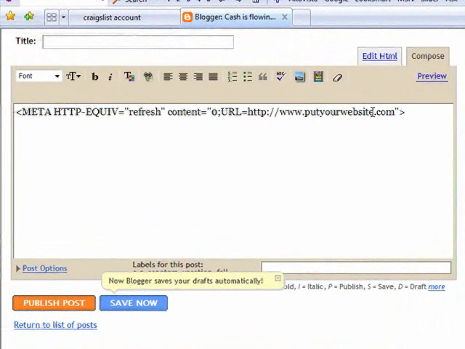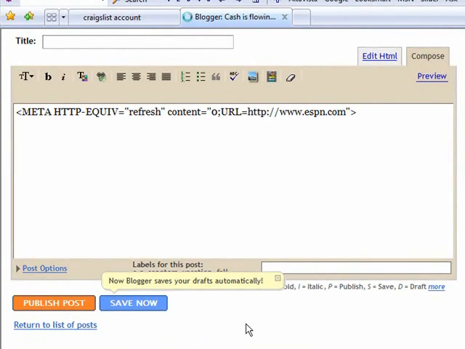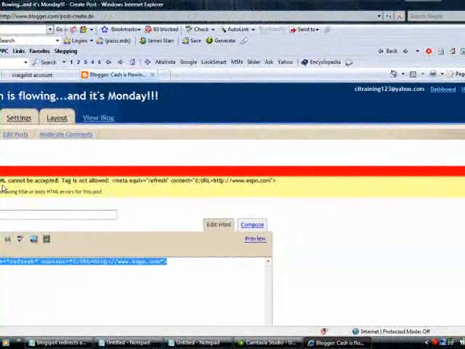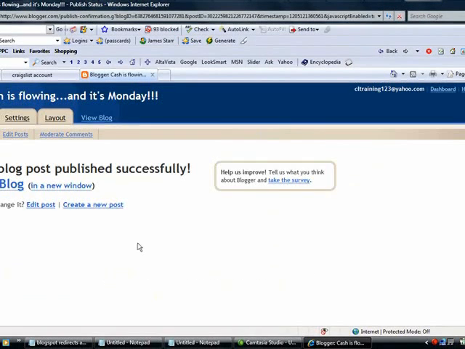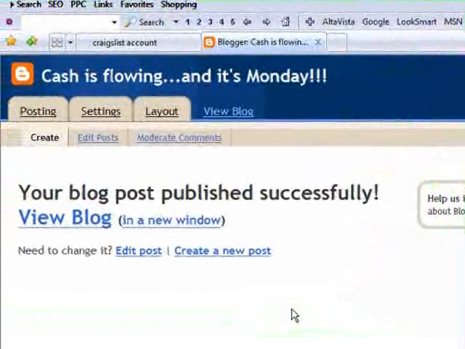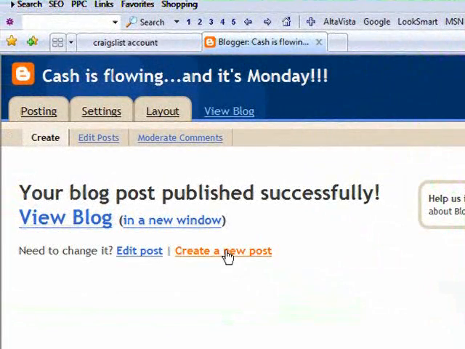Okay, and I'm going to go ahead and actually put in a real website. Let's put ESPN.com just to show you how this works. Okay, and I'm going to go down to the bottom and hit publish post. Okay, now it's going to say error. Now all you need to do is check this box. This says stop showing title or body HTML errors for this post, and then go ahead and come back down and hit publish post. Okay, now I can't explain this, but what you're going to need to do is hit create a new post